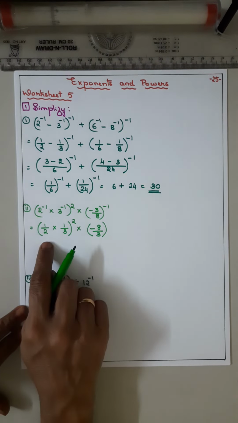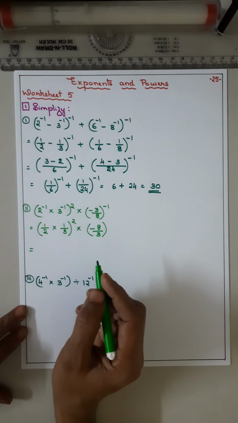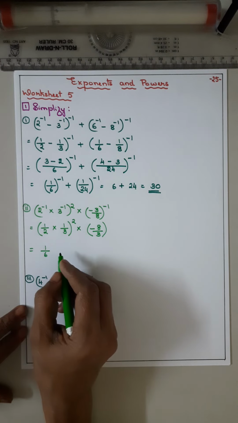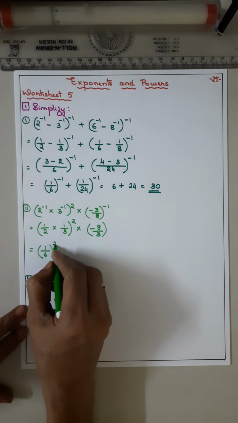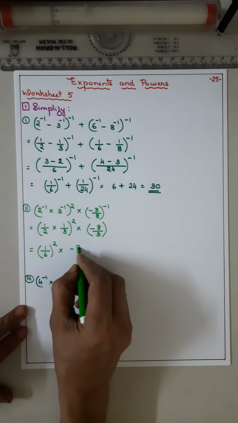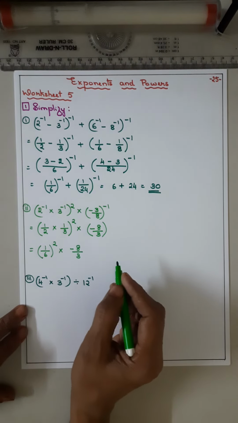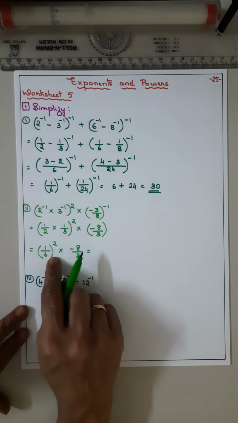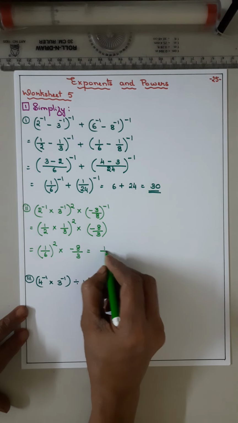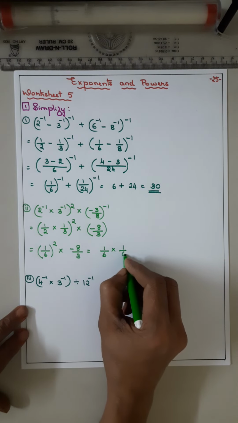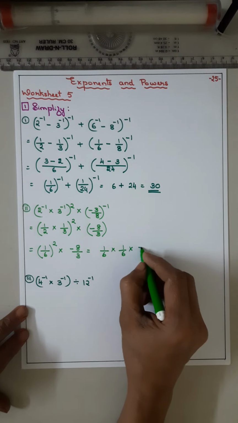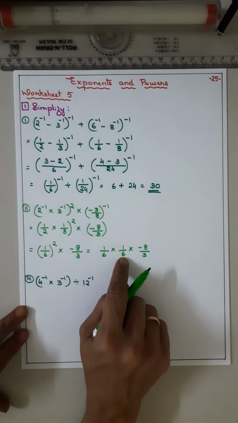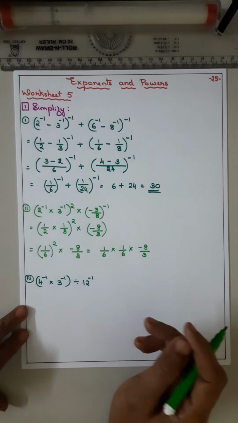Okay, now this one. 1 by 2 into 1 by 3 becomes how much? 1 by 6, the whole raised to 2, into minus 8 by 3. Okay, now we can write 1 by 36, isn't it? 6 6s are 36, otherwise 1 by 6 you write 2 times, and this is minus 8 by 3. Now cutting is there, that is why I have written this 2 times, otherwise directly you can write 36.